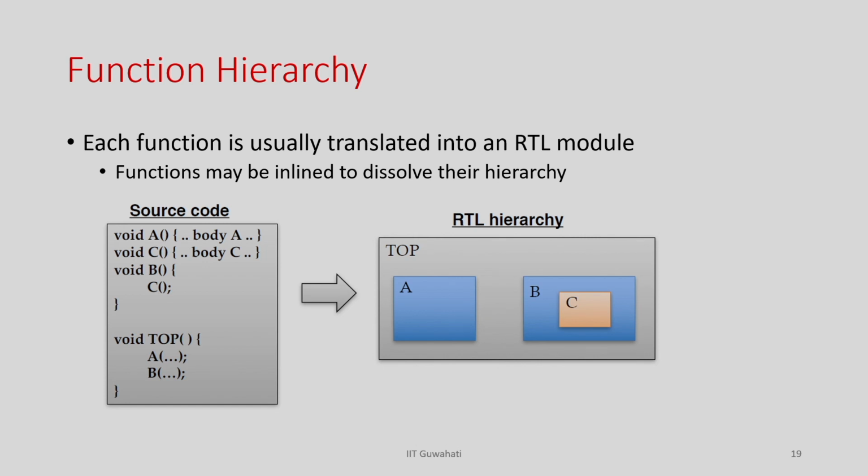As a function, a function becomes a module. You have the top level function, and the top level function becomes the top module. This is the RTL I am going to generate, and whatever the inputs of this top level function are, those will become the ports. Suppose this top has inputs x and y and it is producing out. It will create two input ports for x and y and one output port for out.